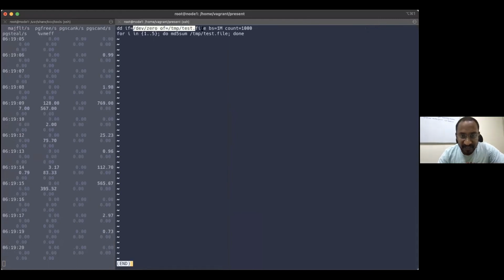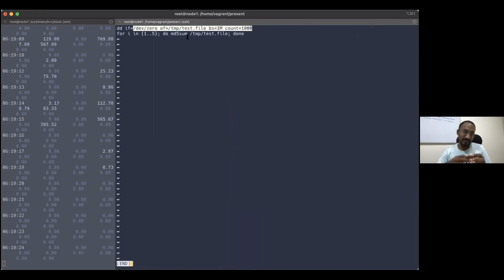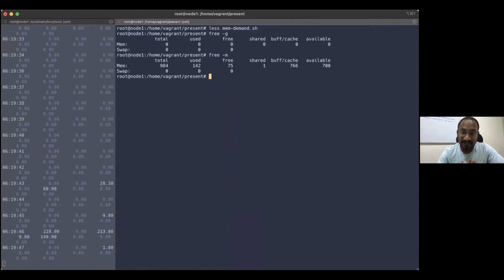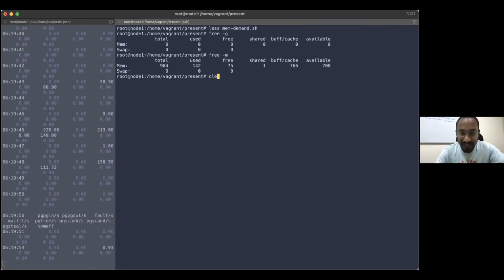First, I'm creating a 1 GB file, and I'm doing a hash value of the 1 GB file every iteration, 5 times. That time it needs to read that file and create a hash value for the file. That means it is loading a 1 GB file from the disk. Every iteration, it needs to find space for the 1 GB file. So no space is available. My RAM is just 1 GB, so it doesn't have enough space for the data.